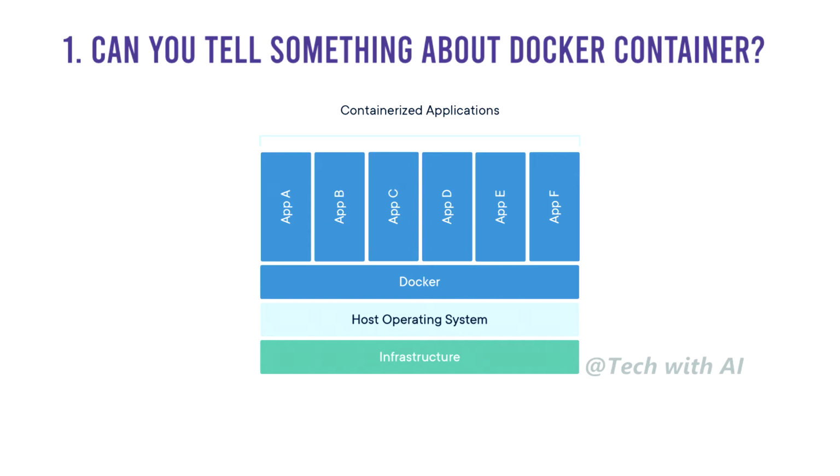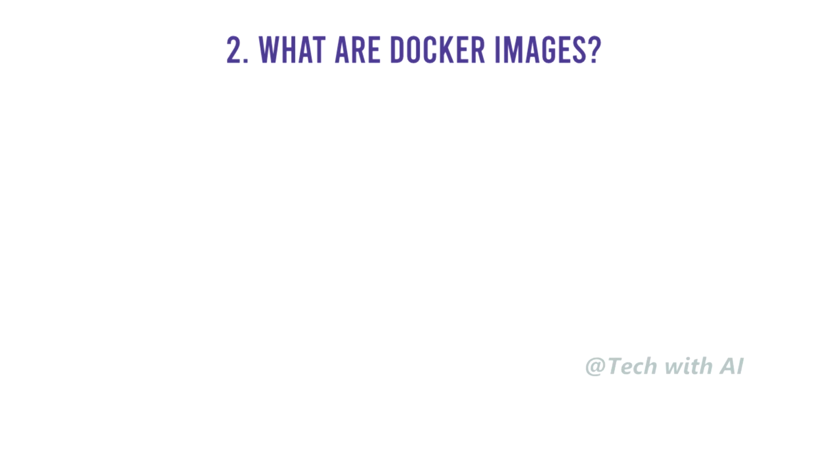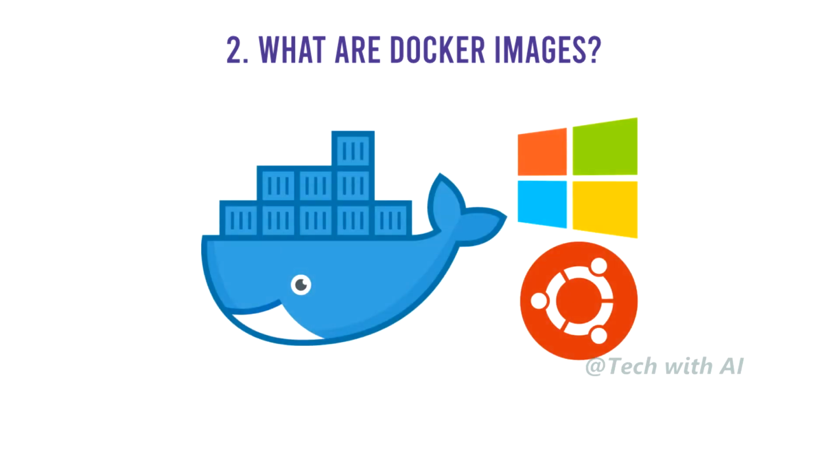Technically, they are just the runtime instances of Docker images. What are Docker images? They are executable packages, bundled with application code and dependencies, software packages, and required files, for the purpose of creating containers. Docker images can be deployed to any Docker environment, and the containers can be spun up there to run the application.